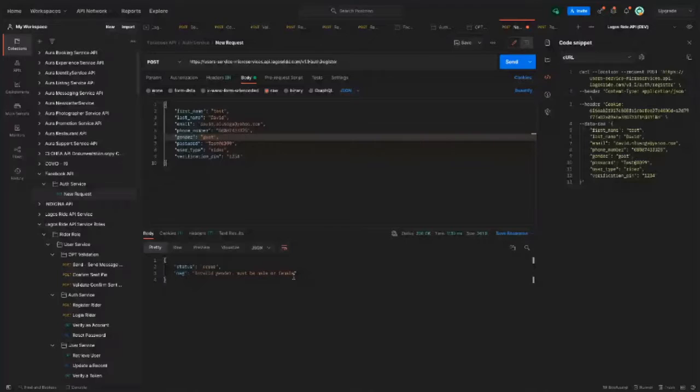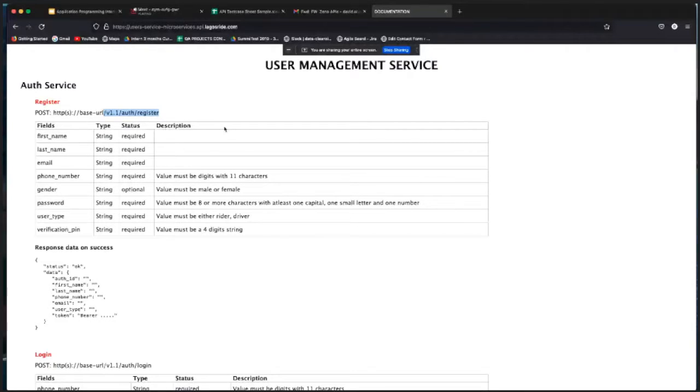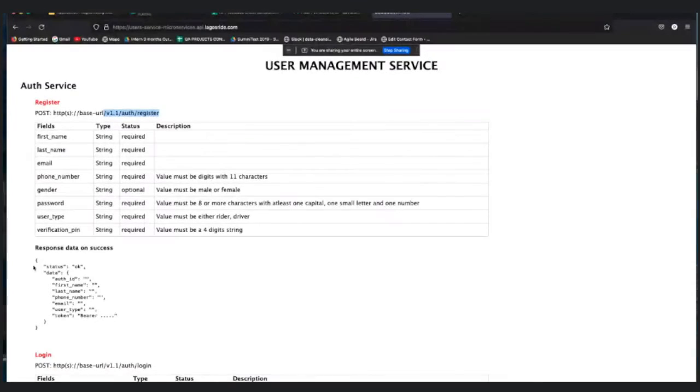So I validated the response body with what I have in the documentation. This is the API documentation folder provided to you for this application, as you can see on the screen. This is the response you will expect once you pass in valid data for login. Your response data will come in this kind of format. Anything aside from this format, you will always log and report as a bug. Okay, this is what you got.